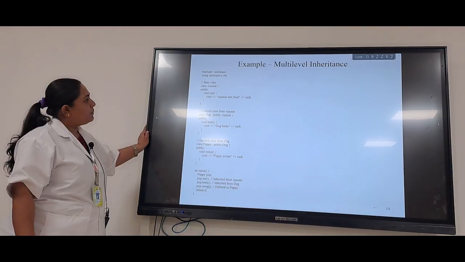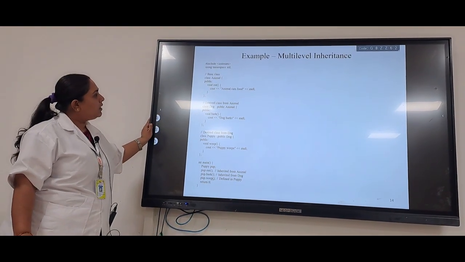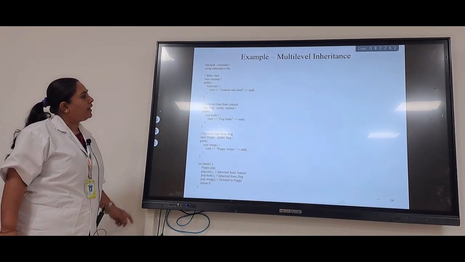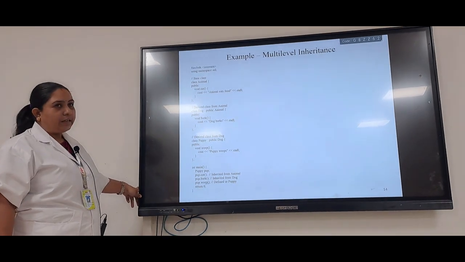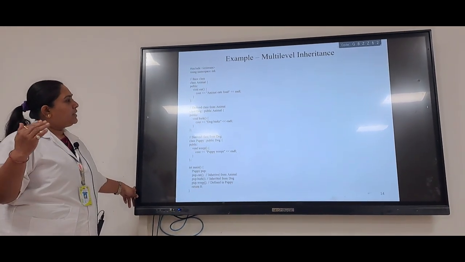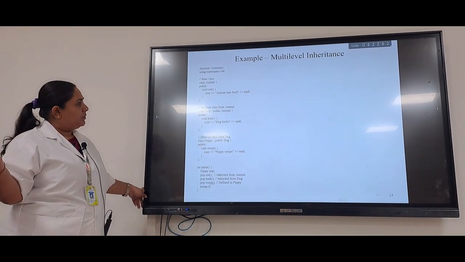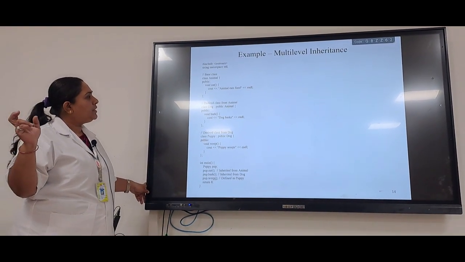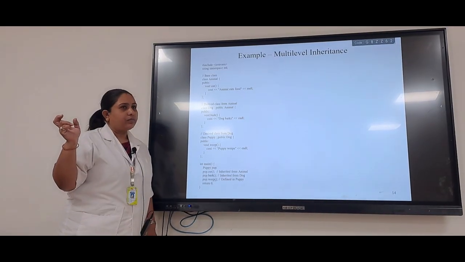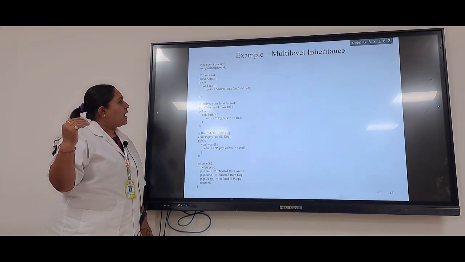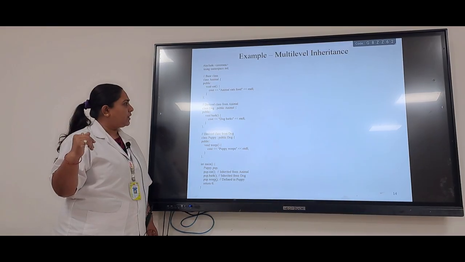Here I have a base class with the name animal. In animal, I have defined a member function eat. What does this function do? The function will display animal eats food. Close the class, come to the derived class.